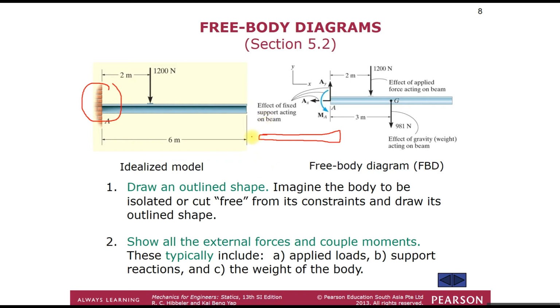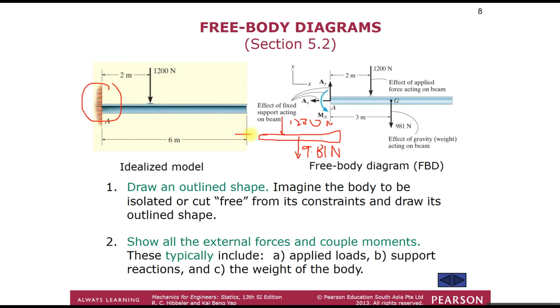Then we draw all the external forces and relevant couple moments, including the applied loads, support reactions, and weight of the body. In this case, the weight of the body is about 1 kilogram, which is 981 Newton. So we draw the mass of the beam. Sorry, it's 981, and we have the applied load here, 1,200 Newton, and we have,